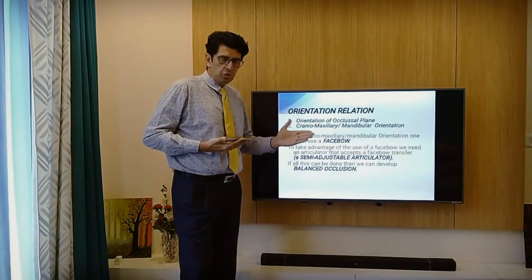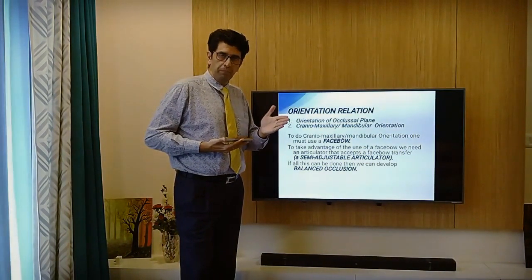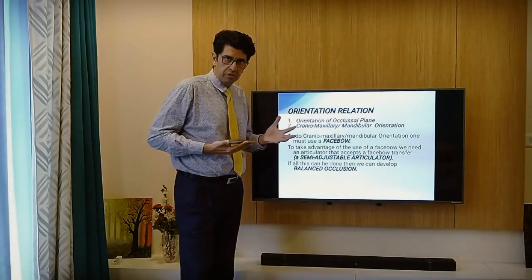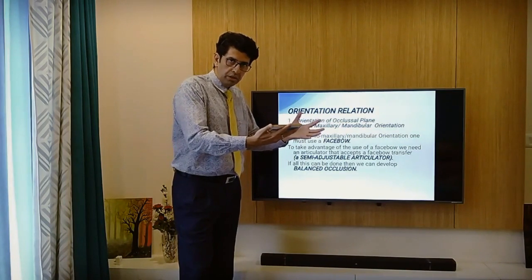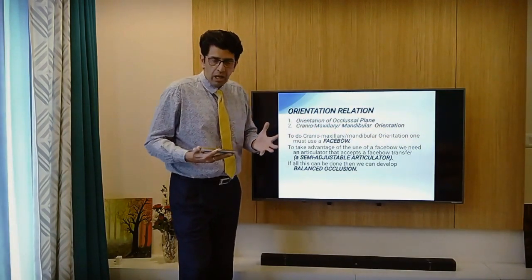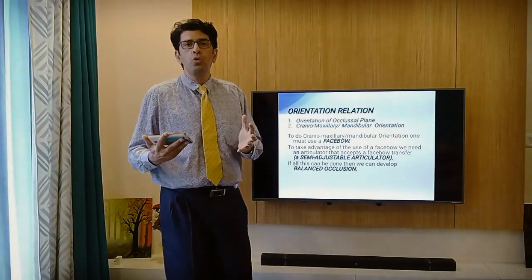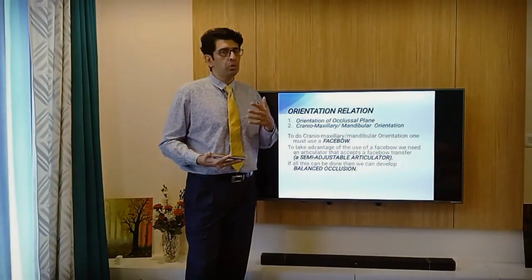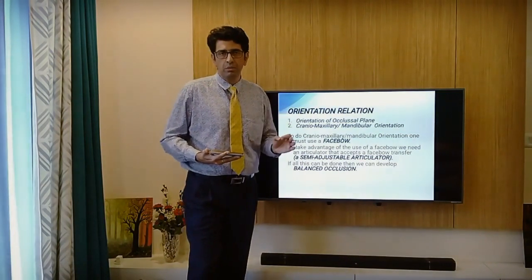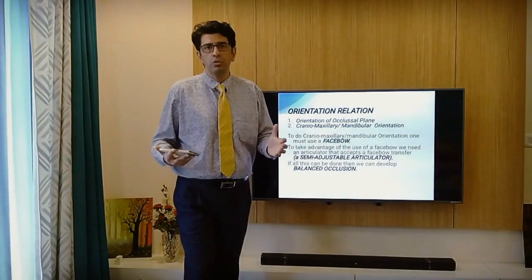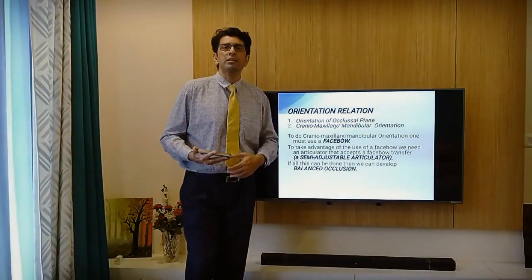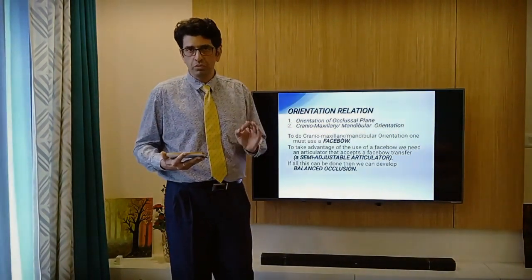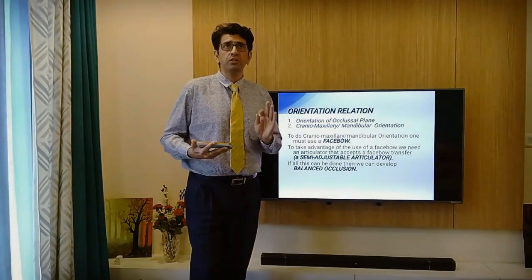In either case, when you have the face bow transfer made from the patient, you record the orientation and you take out the face bow, and this face bow needs to go and attach to an articulator. Now you need a minimum of a semi-adjustable articulator onto which the face bow can attach. A mean value articulator does not support a face bow transfer. For this reason, you must know that it is not